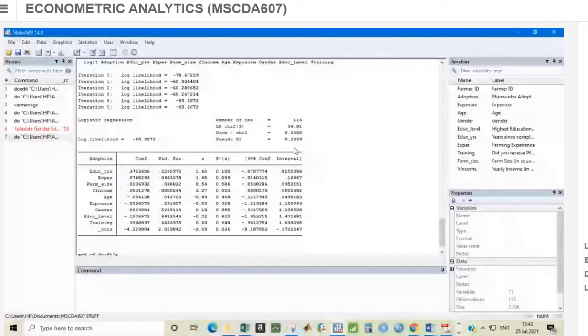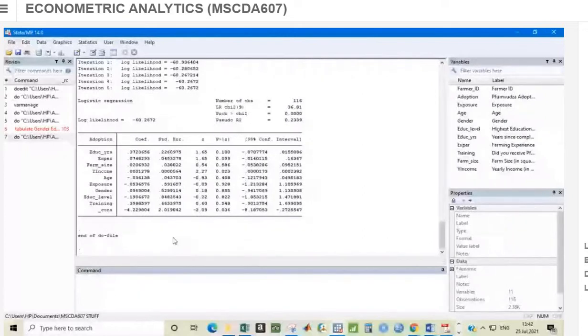is explained by this? How many variables do we have? 1, 2, 3, 4, 5, 6, 7, 8, 9. 9 variables explaining 23.39%, and 77% is explained by any other variables. So from the look of things, looking at the pseudo R squared, I think the model is not doing good. And individually, only 2 variables. In fact, 1 variable, and of course, our beta naught are doing good. The rest, let's drop them.